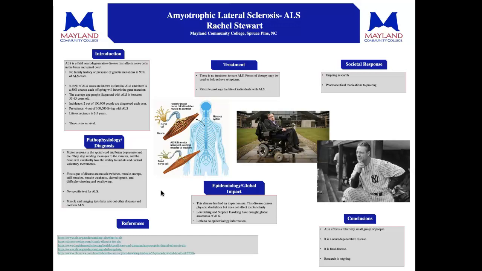So treatment-wise, as there is no cure for ALS, there are different measures taken to help relieve or manage the symptoms, rather. Physical therapy, occupational therapy, speech therapy, respiratory and nutritional therapies may be helpful in managing the symptoms. Individuals also may use heat or whirlpool therapy to relieve the muscle cramping. And in the beginning stages, exercise in moderation may help maintain muscle strength and function.